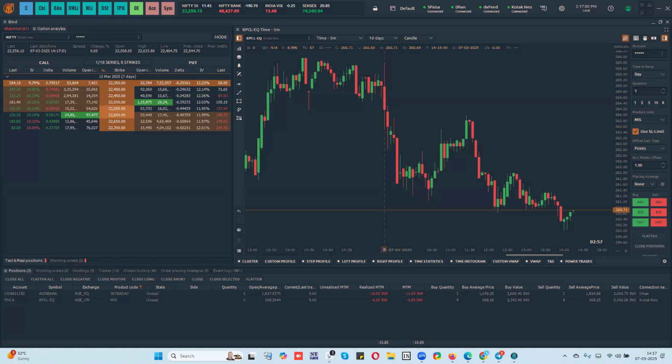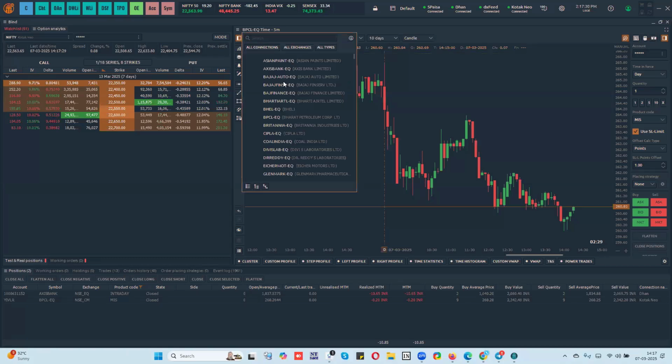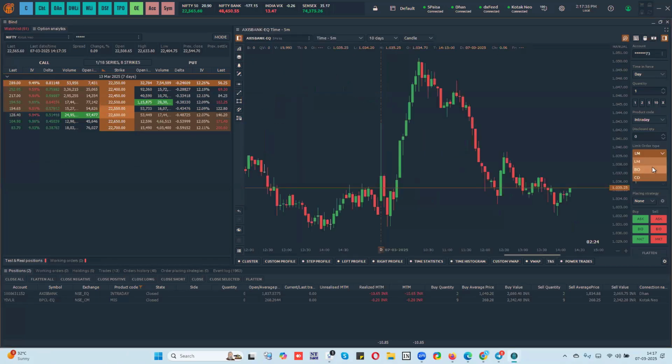So, how to put a stop loss and target? Just remember that many brokers do not offer bracket orders for options through the API. The brokers may be offering this through their own platform, but they may not be offering it through the API. But in the cash market, some of the brokers offer bracket orders. In that case, you can place bracket orders as well. If you go to 5paisa, for example, I think they offer bracket order functionality. So you can enable bracket, and you can put a set of stop loss and take profit.